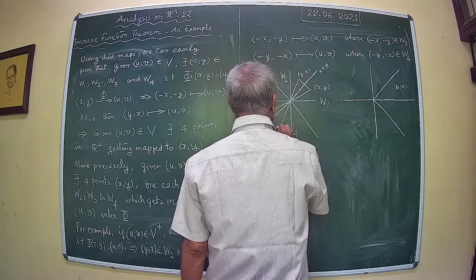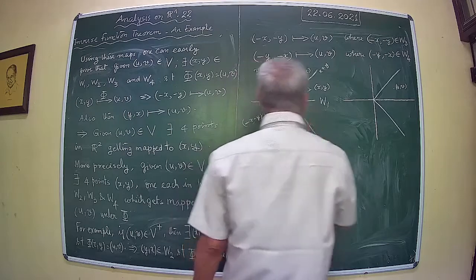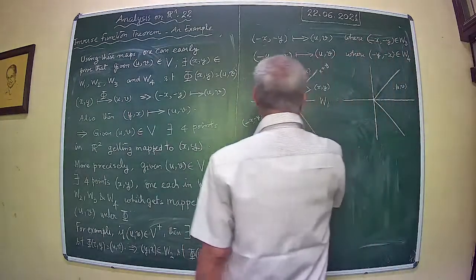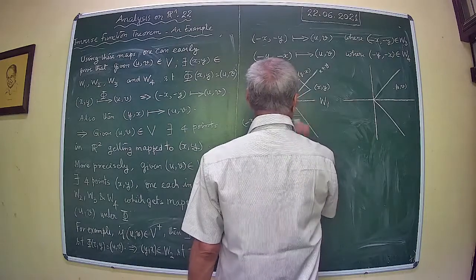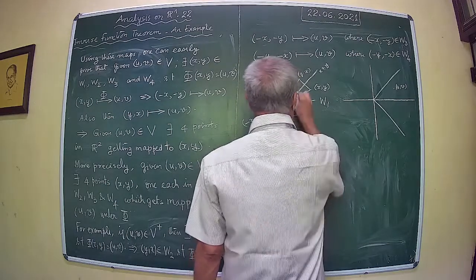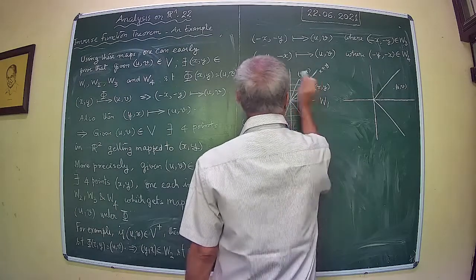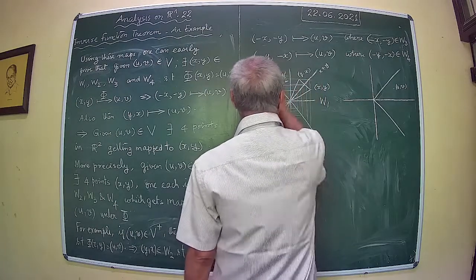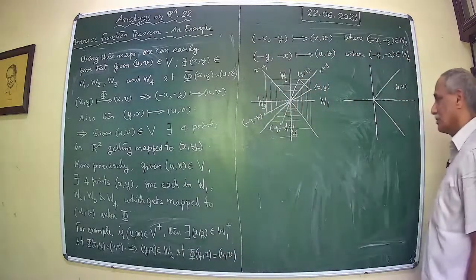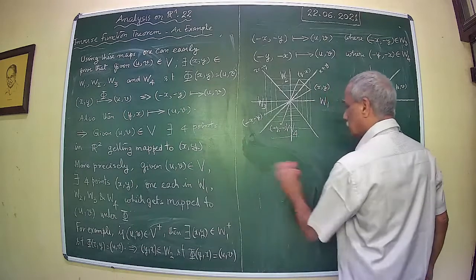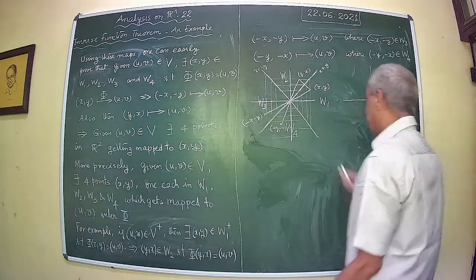Minus y minus x is now in W4. This is W4. This is W3. This is W1. Okay. Right? So you see that, and similarly,